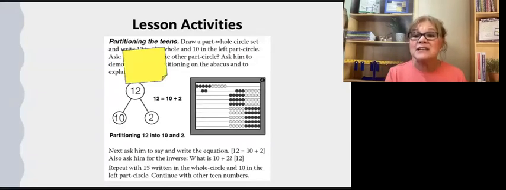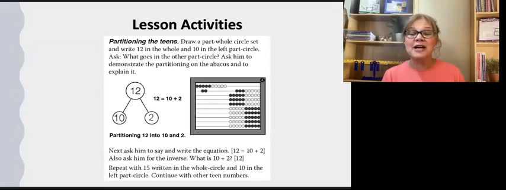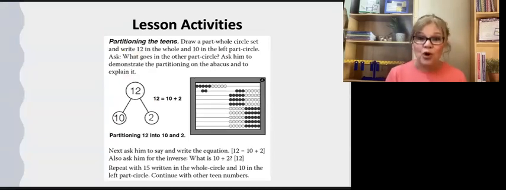Remember, just because you continue to teach does not mean your child is going to continue to learn. Work within your child's mental energy. It's going to prevent a lot of frustration for you and a lot of frustration from your child. Now, if you determine that you can move on, go ahead and continue in the lesson. Now, this particular lesson uses part-whole circles. I love part-whole circles. They are an excellent strategy and tool to use when solving word problems.